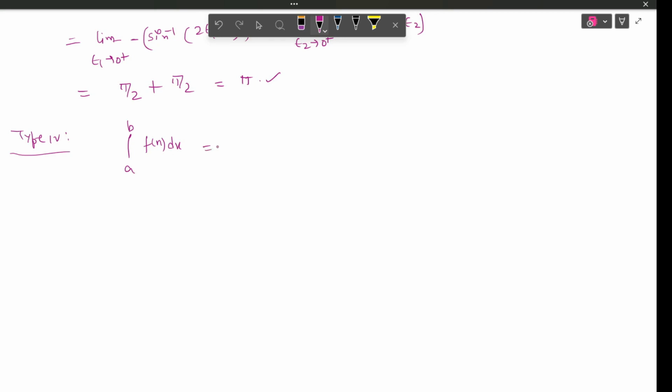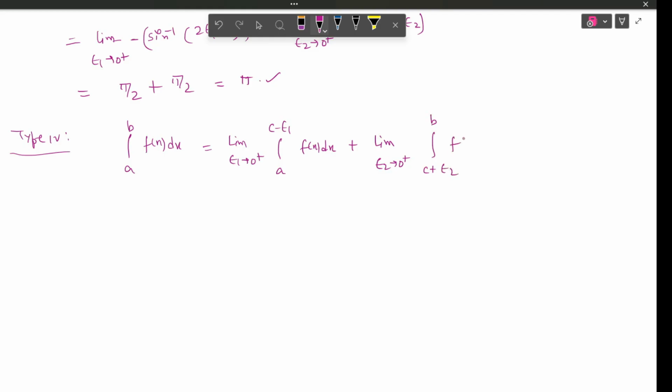In this case we can say that this is the limit as epsilon 1 tends to 0 plus of the integration from a to c minus epsilon 1 of f(x) dx, plus the limit, because we have infinite discontinuity at the point c, so this is the upper limit, so we have to subtract, right? So the limit as epsilon 2 tends to 0 plus of the integration from c plus epsilon 2